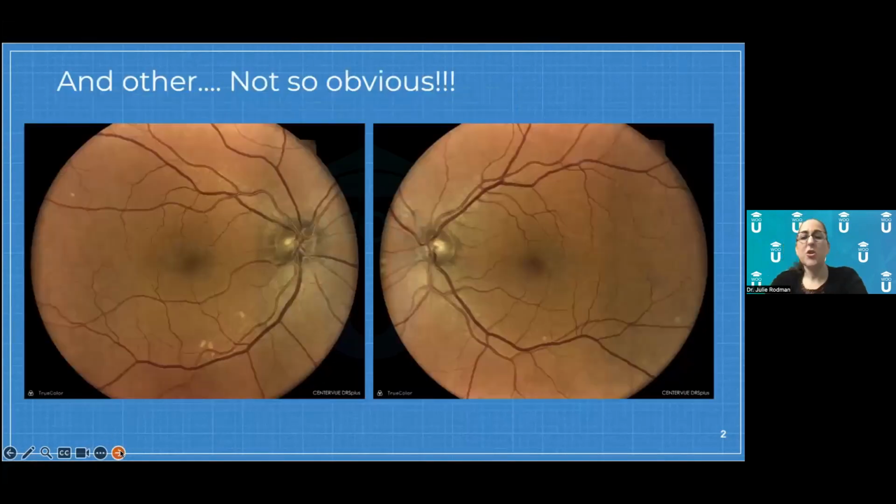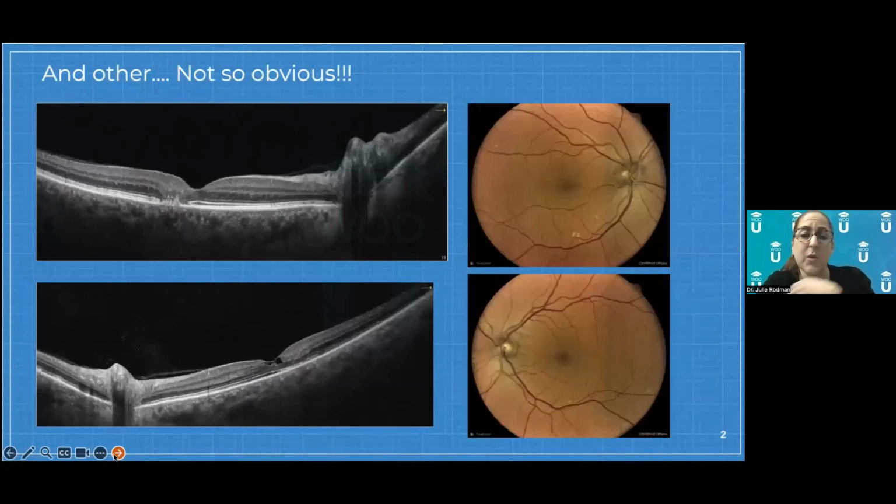And I wanted to show you another one that wasn't so obvious. This is another patient I'm telling you had macular telangiectasia. When you look at the picture here, these temporal blood vessels maybe look a little strange, but I'm going to be honest with you, I would look at this initially and it doesn't look like anything is yelling out at me. I mean, perhaps if you're a really good observer, but it's not like the other patient where there was pigment plaquing and a lot of obvious things going on.